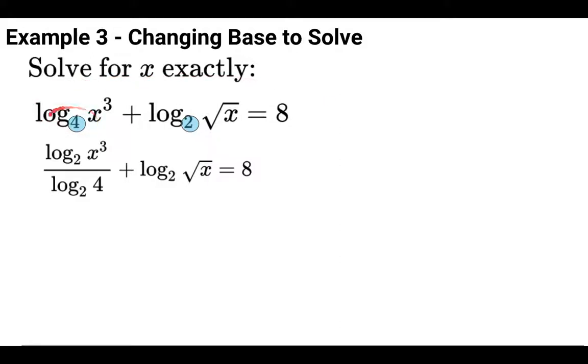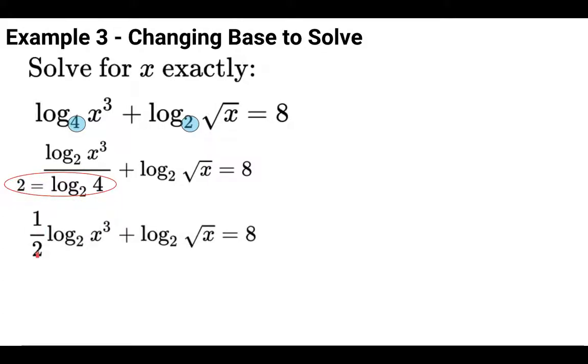So basically I've taken this logarithm and split it up into a numerator and denominator using that change of base property. I can make this base anything I want it to, and I want it to be 2 so that it matches this 2 here. We know that log base 2 of 4 is equal to 2, so I can rewrite my equation now as 1/2 log base 2 of x cubed plus log base 2 of the square root of x,